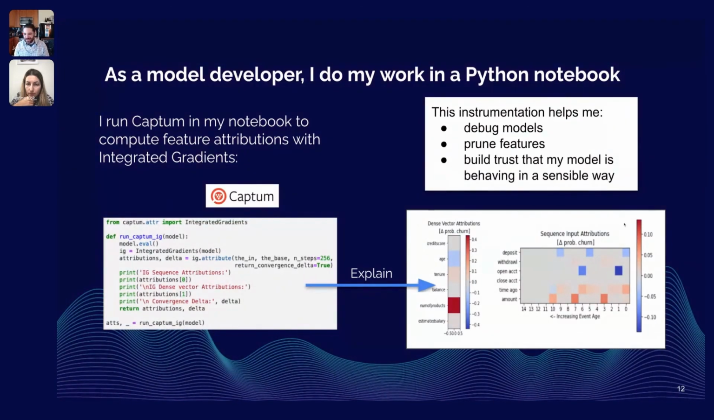Red is a feature that's increasing likelihood of churn. Blue is a feature that's decreasing it. This particular customer, the number of products that they have, for some reason, the model thinks that's a churn risk. Their age is reducing the churn risk a little bit. And then we have all of the attributions in this sequence, and keep in mind the scales are slightly different